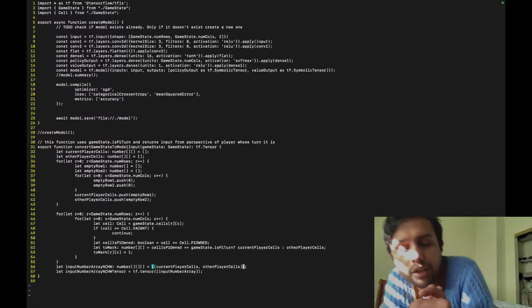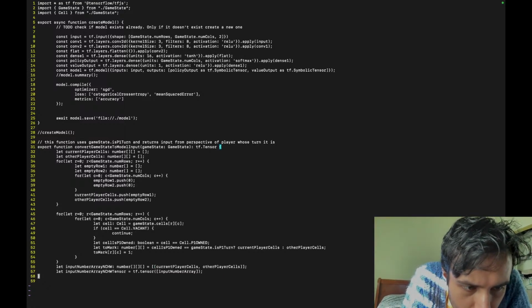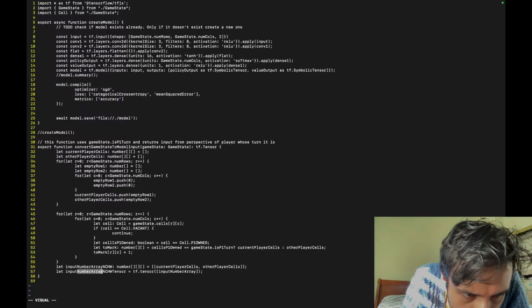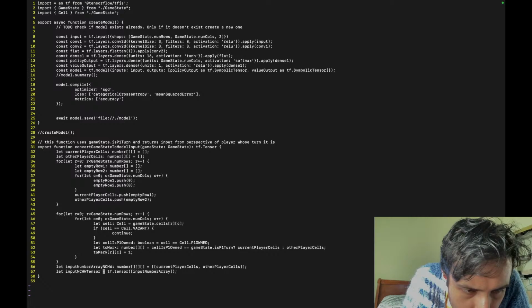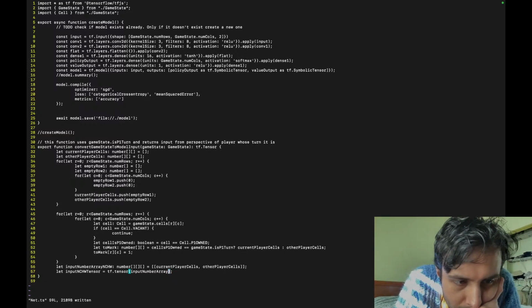So that's our input number. So then here, what we do is we forge tf.tensor of that, right? So then here we have this.